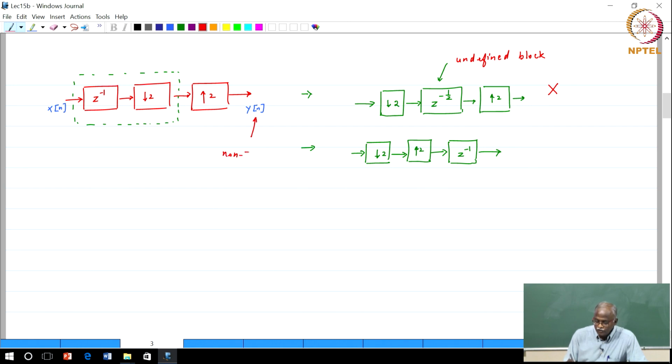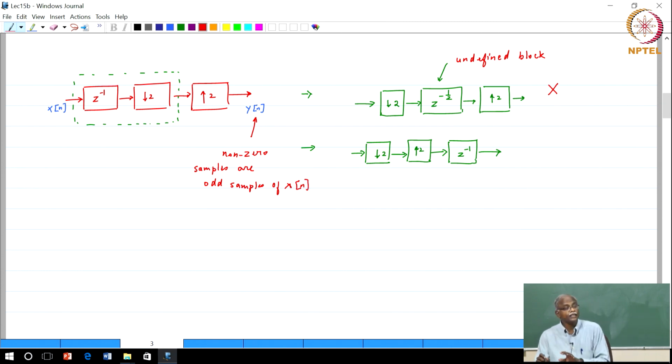The non-zero samples at this point are the odd samples of x of n. Am I correct? Non-zero samples are the odd samples of x of n. Okay. Now, even without looking at the undefined block and saying that this is a violation, you could argue that these